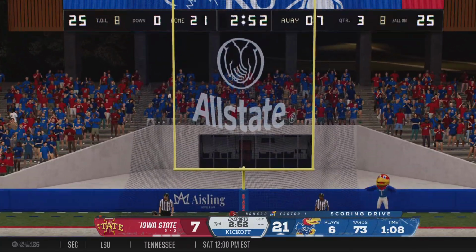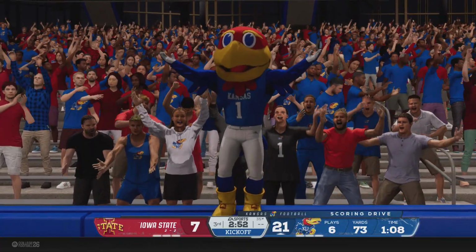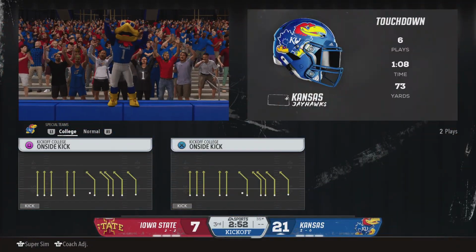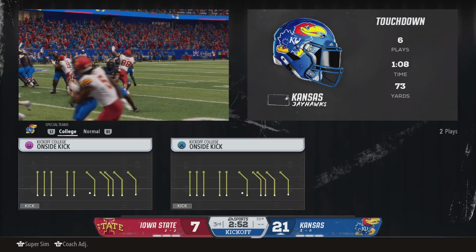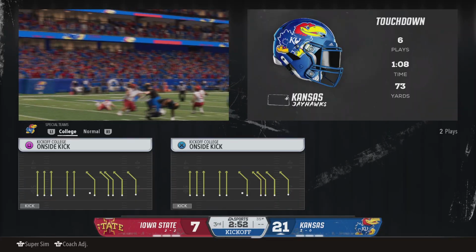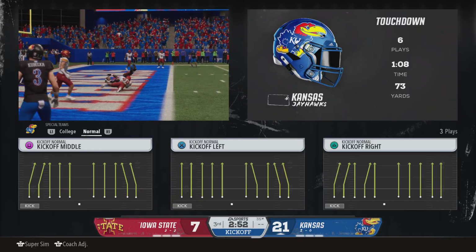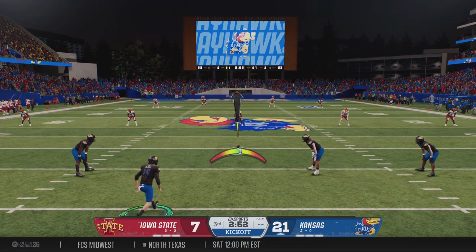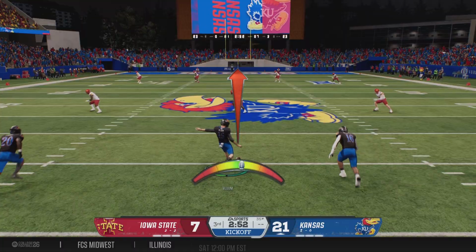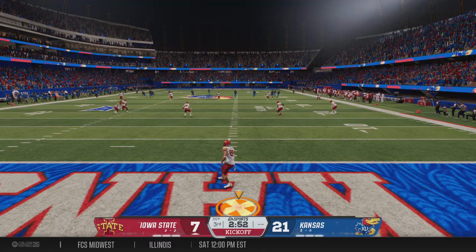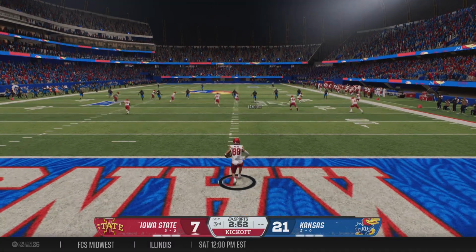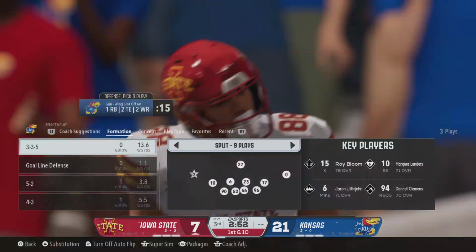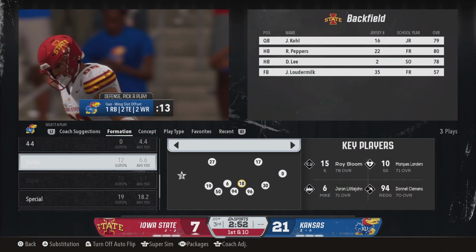And the extra point puts them on top 21-7. So that scoring drive took only 6 plays. And they finish it off by connecting from 10 yards out. They're set to kick it off. You think this crowd's going to get loud when their defense comes on the field? And it'll be a touchback. The ball will come out to the 25-yard line.